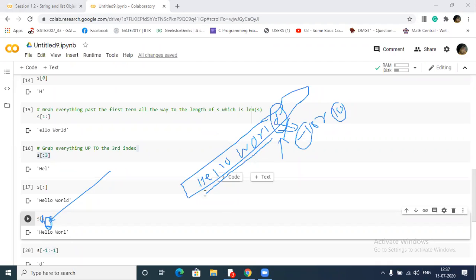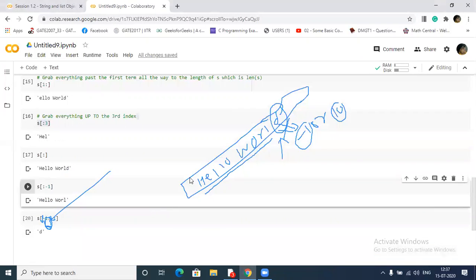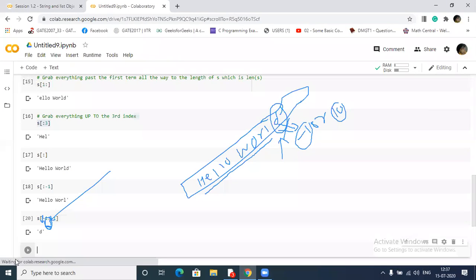Suppose I want to print h only in negative indexing, what will I do? Minus 10. Let me write this s -10.